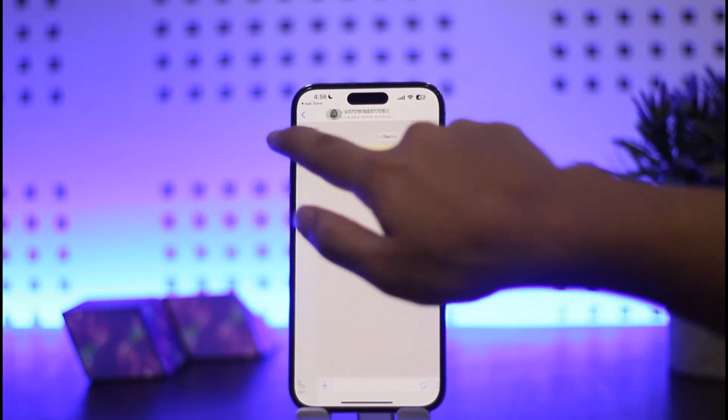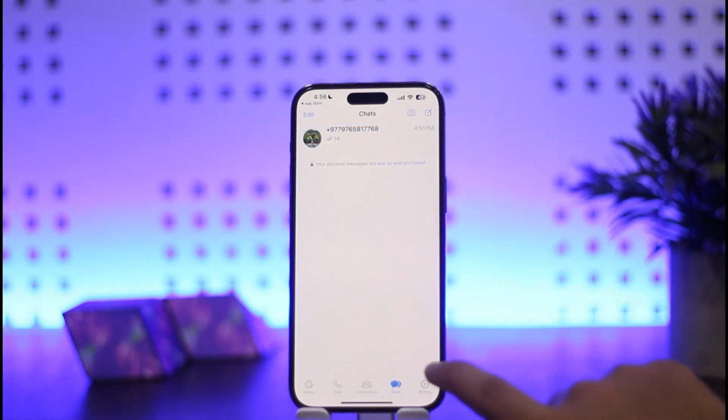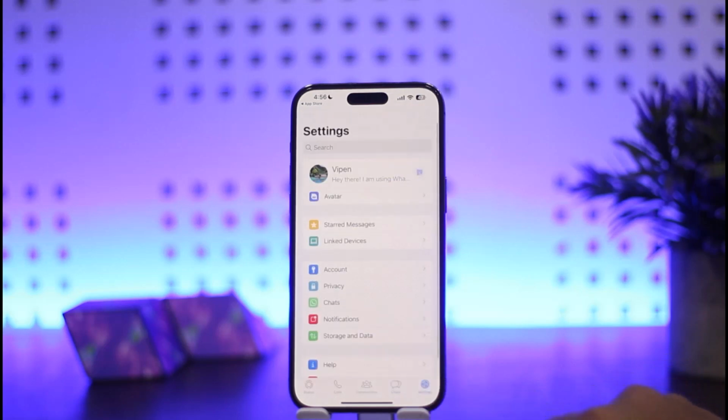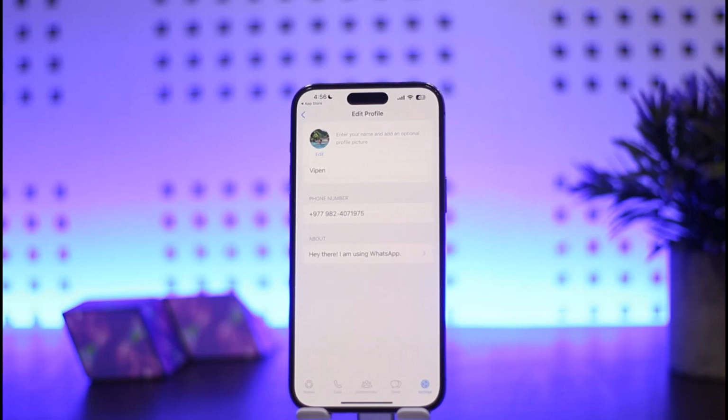Now here you should get an interface somewhat like this. I'm on chats. You can see at the bottom various options. It says status, calls, connections, chats and settings. You want to simply tap on the settings option at the bottom right corner of your screen. Once you do so, you can see various options. You want to simply tap on the profile here, and once you tap on profile you'll be able to